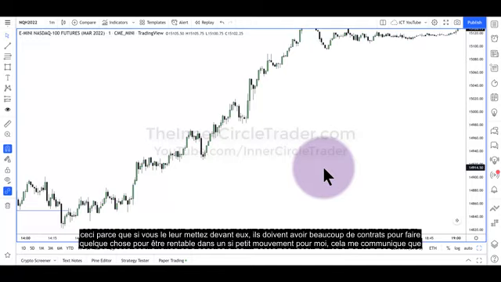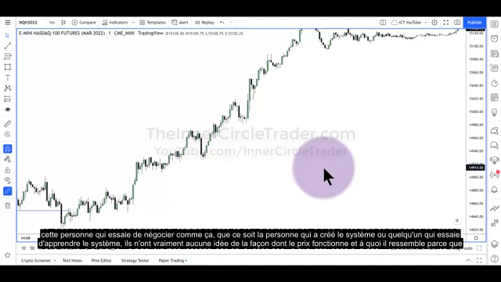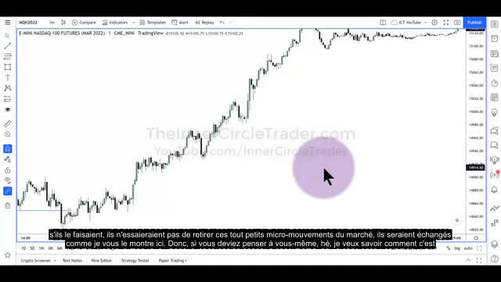small little move. To me, it communicates that the person trying to trade like that, whether it's the person that created the system or someone trying to learn the system, really has no idea how price works and how it books. Because if they did, they wouldn't be trying to take these tiny little micro moves out of the marketplace. They would be trading like I'm showing you here. So